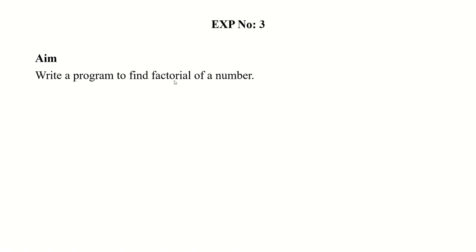Here you can consider one number. I will consider one example. We have to find 3 factorial. How to find the factorial of 3? That method is 3 into 2 into 1. That is a basic thing. You can find the factorial by using 3 into 2 into 1. Like that, if you want to find 5 factorial, 5 into 4 into 3 into 2 into 1.